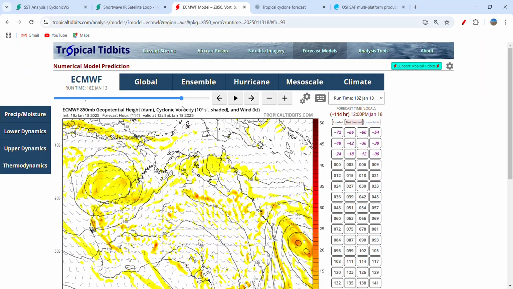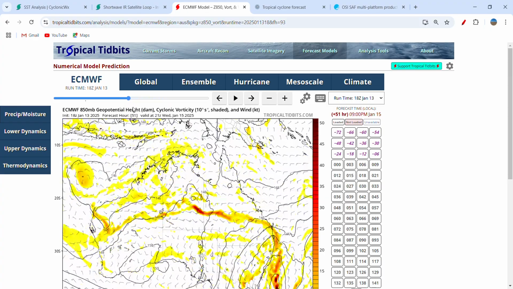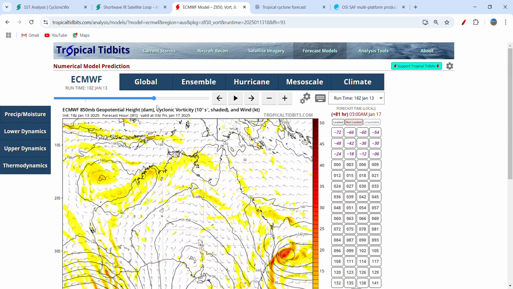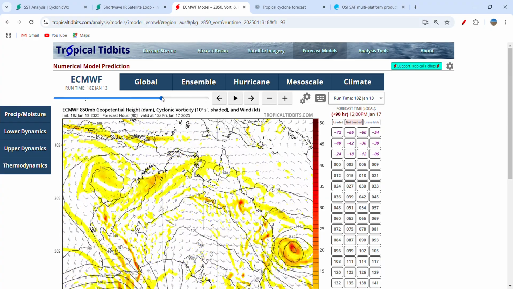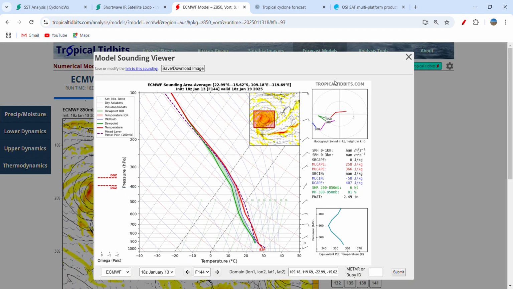Now, once we have a bit of a more coherent low, which actually doesn't have to deal with any external factors like the monsoon trough interaction, let's take a look at the sounding. It's going to be a really big, very broad sounding as we take a look at the broad system. And overall, conditions are quite suitable. Even though it's a broad system and it will naturally take time to tighten up and gain a good solid convective structure for classification,